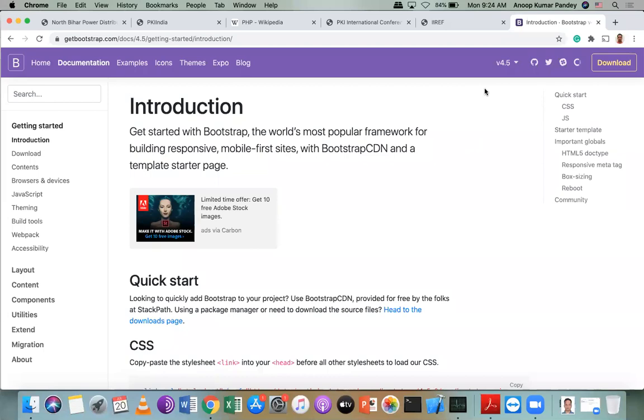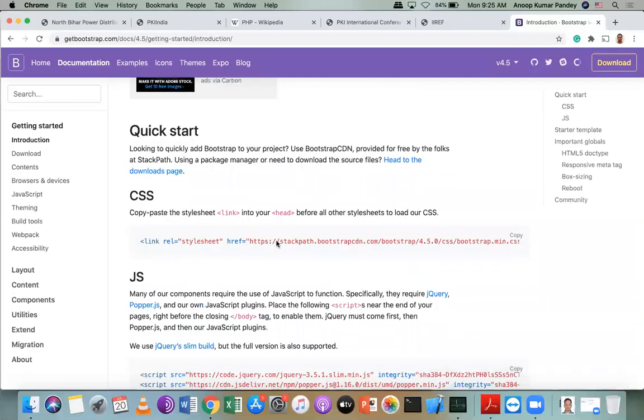So basically, if you want to use Bootstrap in your project, there are two ways. First way is to download the Bootstrap files and then add them to your project. There will be a CSS file and a JS file which you need to add. Another way is that Bootstrap has hosted their JS and CSS files on Content Delivery Networks, CDNs. So you just copy and paste their CDNs into your website. Like click on copy, and then